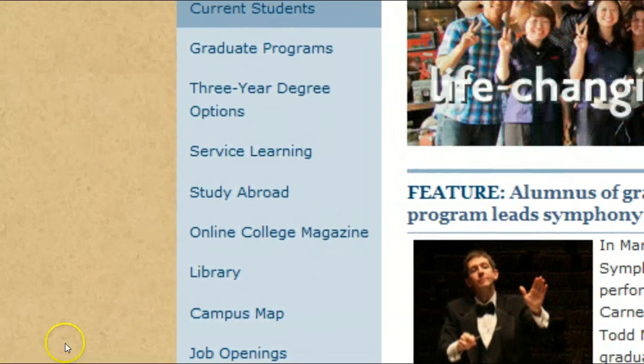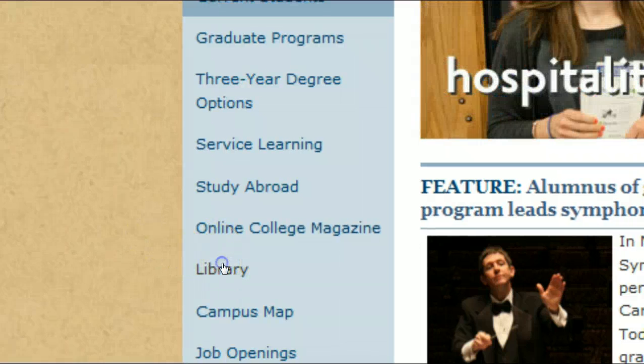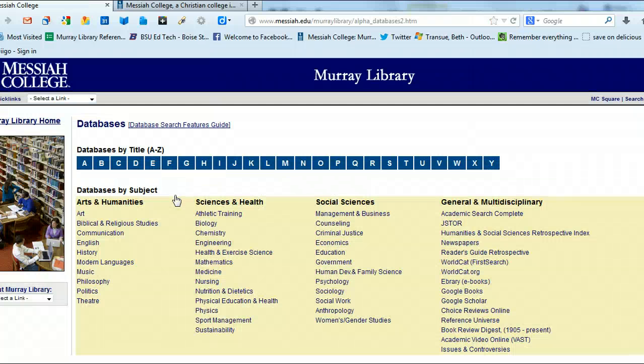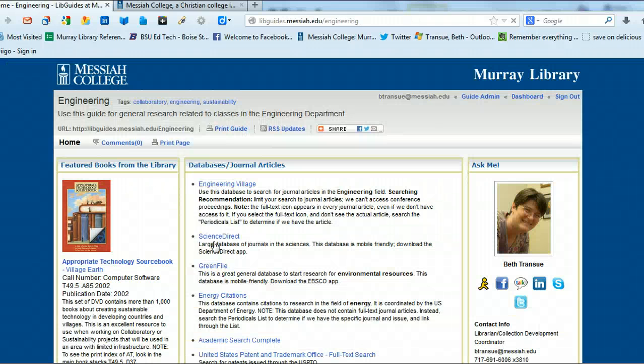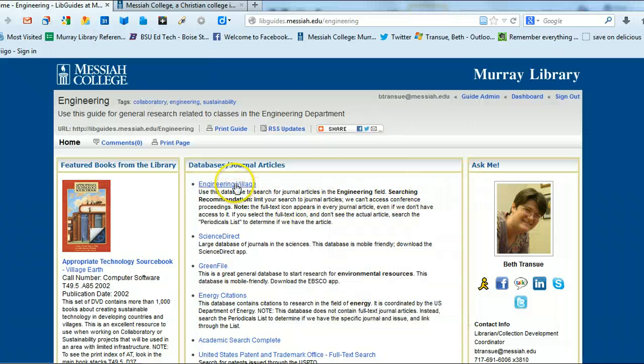So we're first going to start by going to the library, and that's from the college homepage, and just selecting library. And then going into Find Articles, Databases, Subjects, and selecting Engineering. Before we go into Engineering Village, I just want to point out again the Ask Me column, and this is how you can contact me directly with any questions that you may have through any of the avenues listed in the Ask Me column. So I'm going to go into Engineering Village,